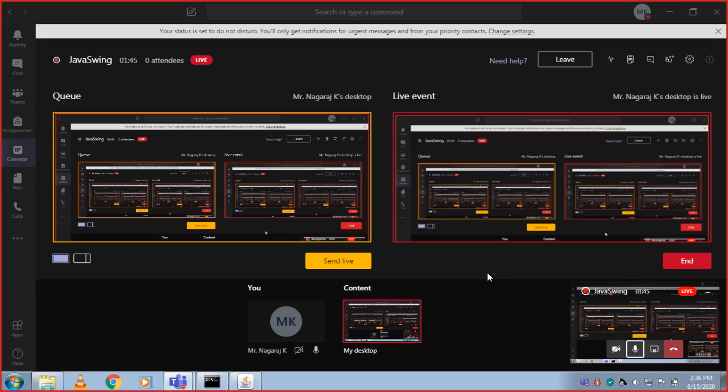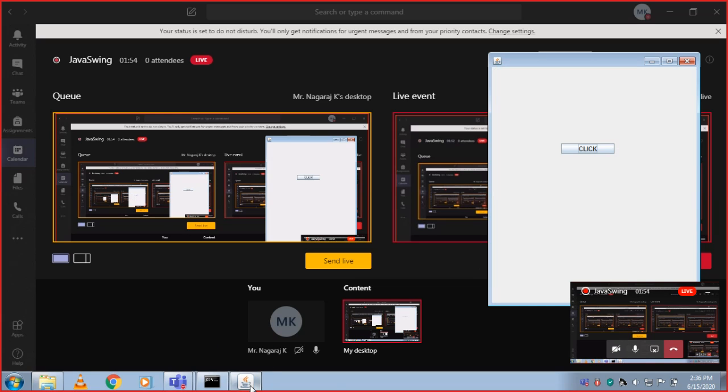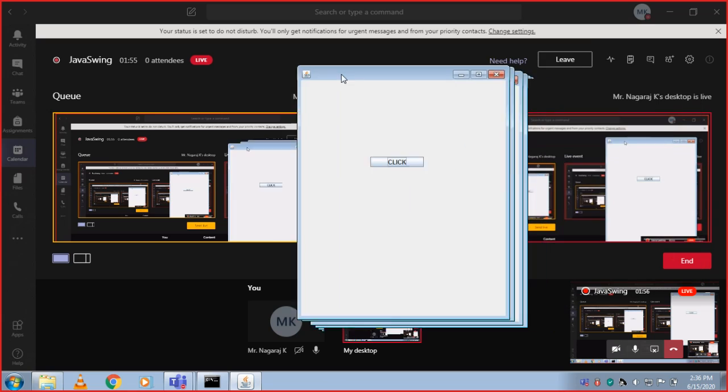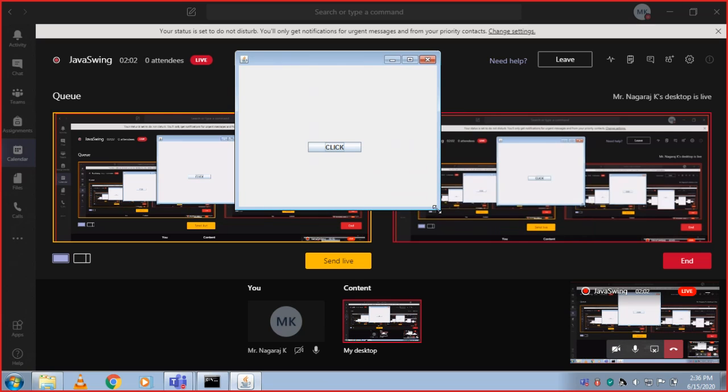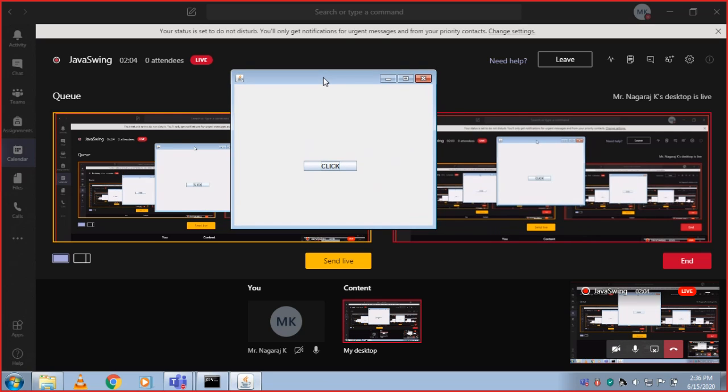So Java Swing is very much helpful in developing desktop applications. Just like you can see this pop-up here, this is the result of a Java Swing program.